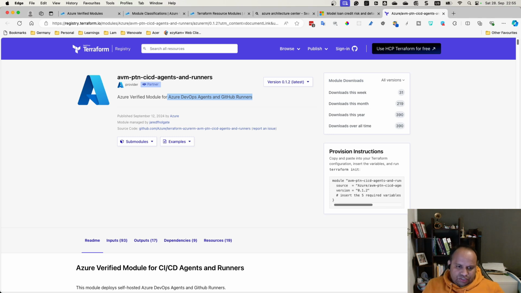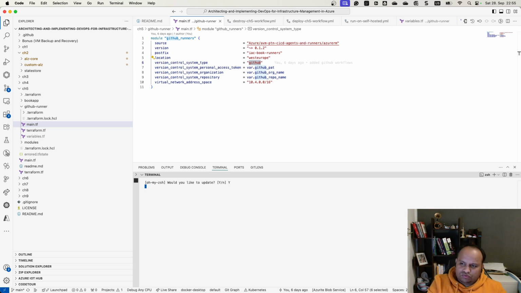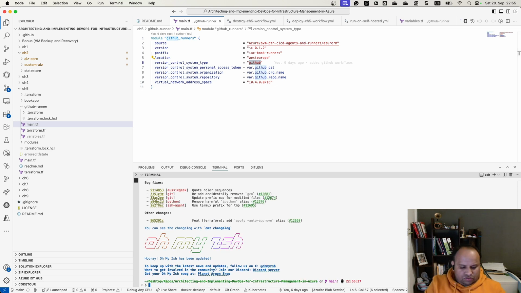So what we are going to do is use this Azure Verified Module to deploy our GitHub Runner. We are using GitHub to deploy the GitHub Runner. You can use Azure DevOps as well, and we will soon get into the documentation of it to figure out what's happening. But before we do, let me just go ahead